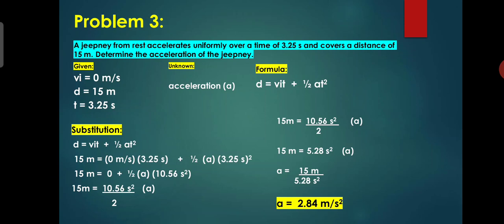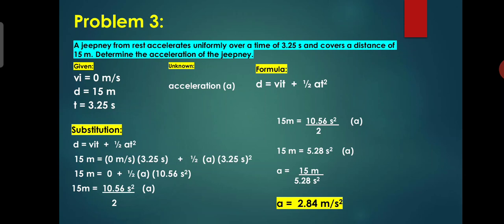Formula is, we are going to use equation number 2. D is equal to VIT plus 1 half AT squared. Substitution, D is equal to VIT plus 1 half AT squared. So, we have a value for the distance. We have 15 meters is equal to 0 meter per second initial velocity times the time of 3.25. Of course, that is equal to 0, right? Any number multiplied by 0 is equal to 0. And then, we have 1 half A. A is still A because it has no value